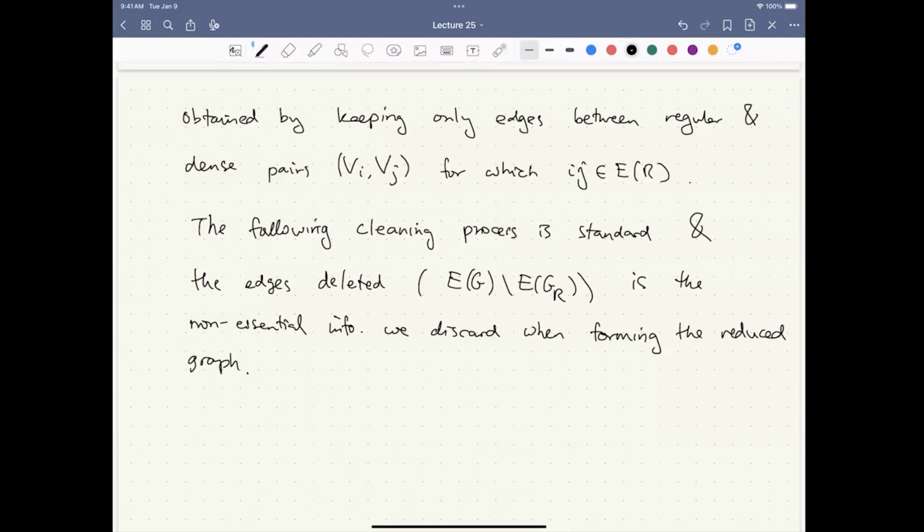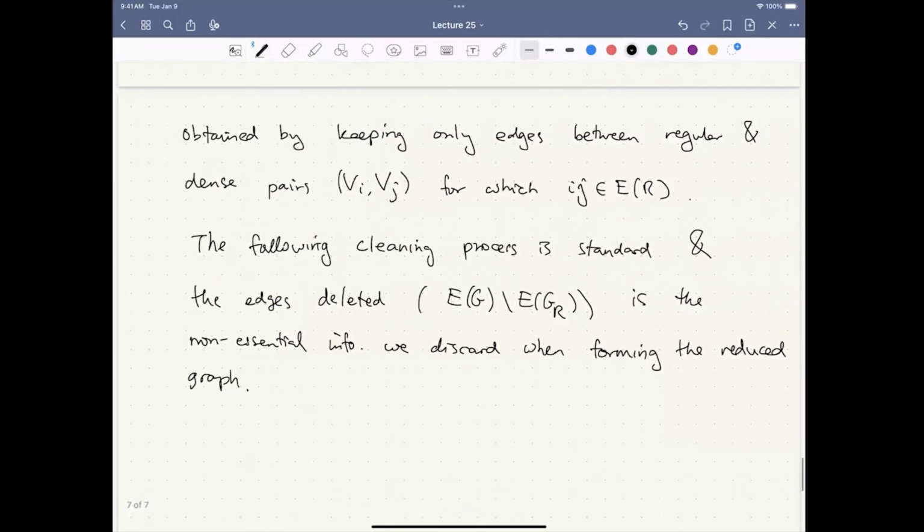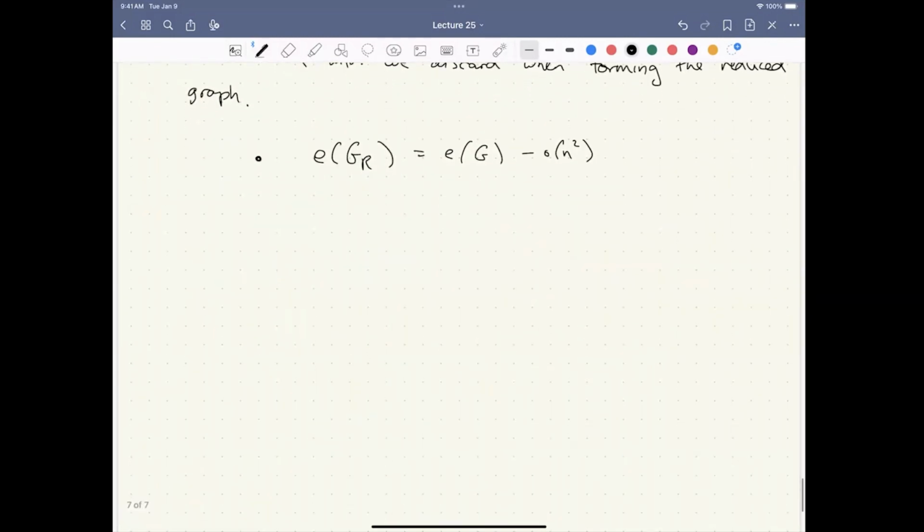Okay, so here's the cleaning process. We will actually show that the number of edges we cleaned is small: G_R is the subgraph we keep, and its number of edges is almost the same as the number of edges in G minus little o of n squared. So you only clean out a negligible amount of edges. The edges that we clean,